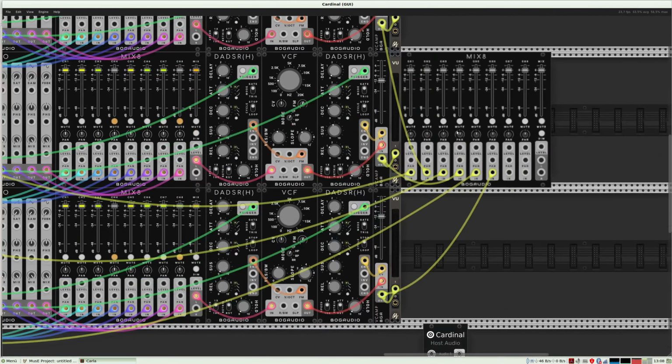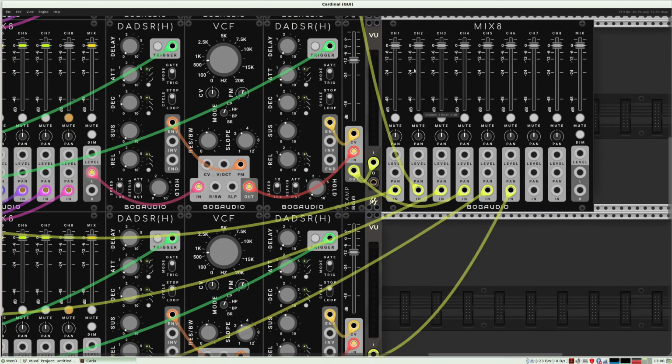So I now will check this. What will I do to these volumes here? At the time, I will let them on 0. I now will set the panning, put this one, it's just for testing.